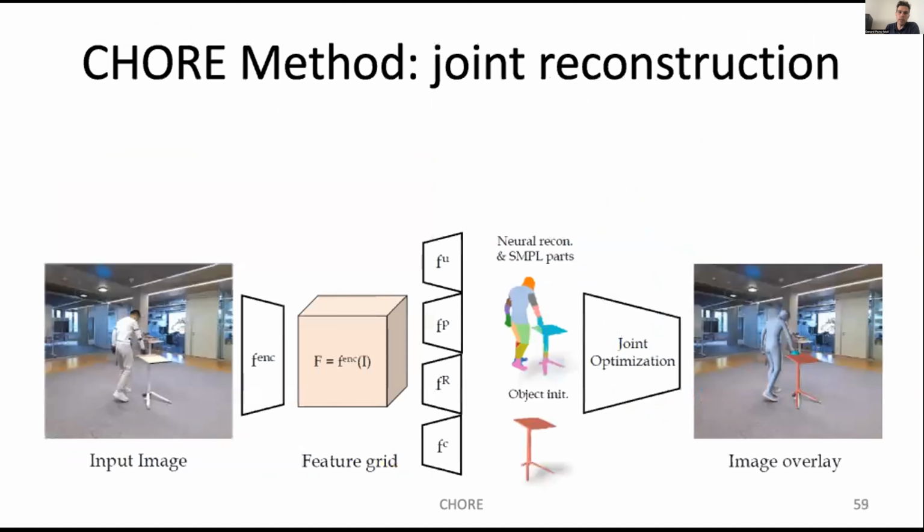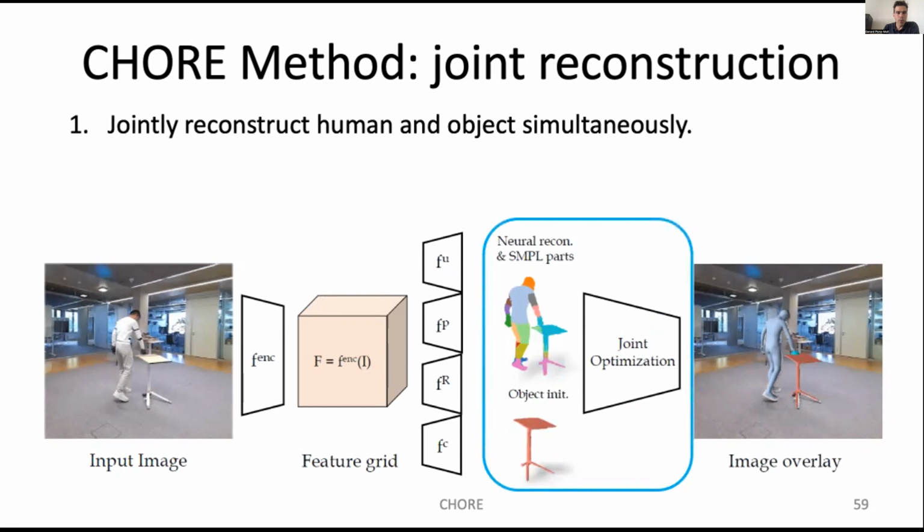So what we do is we predict from a single image what we call a neural interaction field that predicts the surface of the object and the human, as well as the correspondences from these neural reconstructions to the templates, and also correspondences between the object and the human. There are also very important tricks that are required in order to learn a neural reconstruction from single images, which unfortunately I don't have time to explain here, but if you're interested, let me know, because these tricks are also core to the method and essential to make it work.